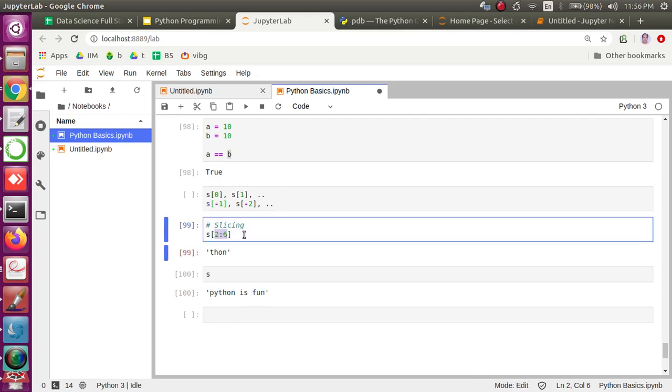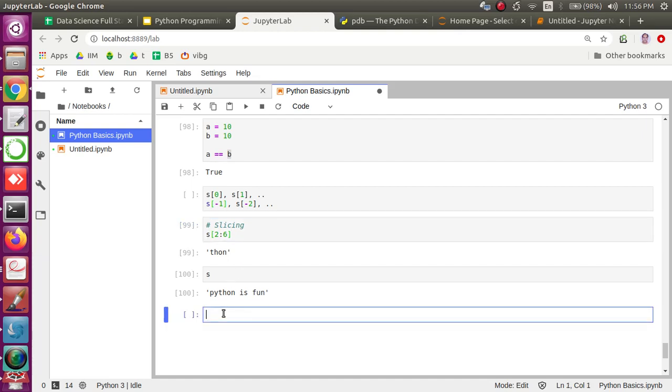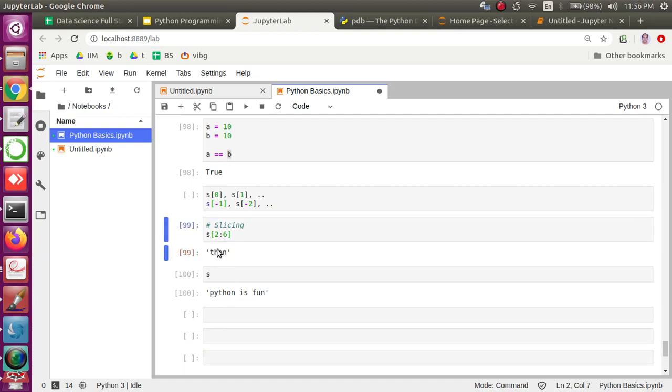I'm pretty sure you guys can figure out what exactly is happening in line number 99, right? Just think about this. Okay, let me tell you what exactly is happening. It starts to get the string starting from the second index. Remember, index starts from 0, so at the 0th index it is p, then first index y, and the second index it is t. So it starts from t and it takes up to the 6th index value and not including the